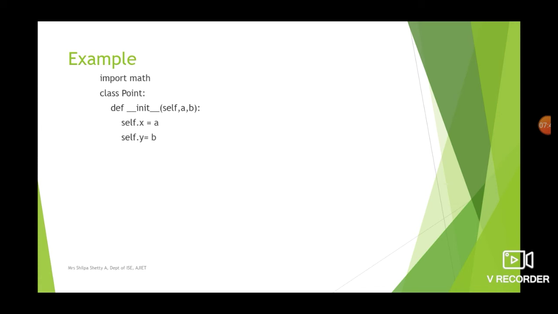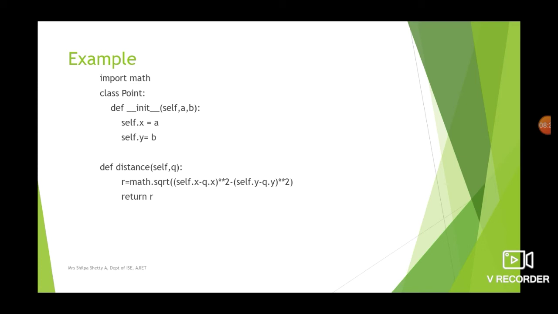So this is the first method that we have, which is the constructor method that gets invoked automatically on the creation of object. The next method that we have is distance. This has been discussed in our earlier point program. The distance function finds the distance between 2 points using the Euclidean distance formula. Assume that we have 2 points x1, y1 and x2, y2. The distance between x1, y1 and x2, y2 is computed by square root of x1 minus x2 the whole square plus y1 minus y2 the whole square. So that is the formula being used.